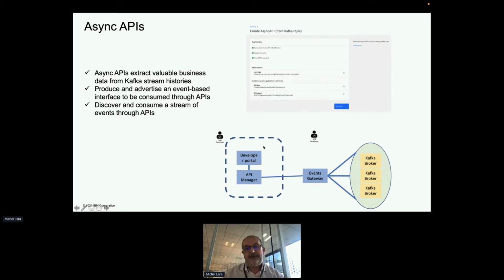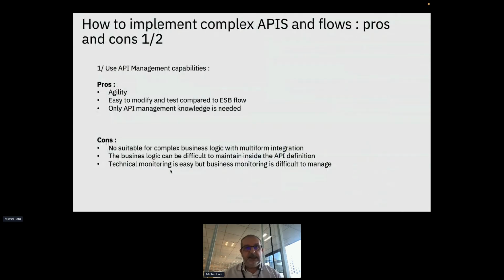With REST API, you make an HTTP call, a REST call, and you have an answer. And with this kind of API you post directly in a Kafka broker. So you see there is a lot of evolution, and this is a very exciting evolution to manage async API.